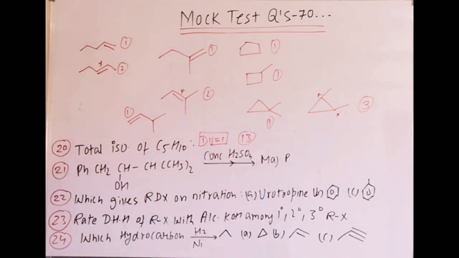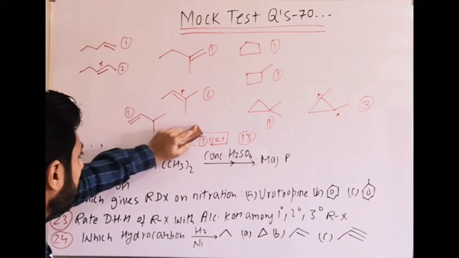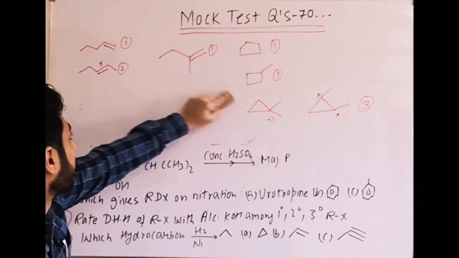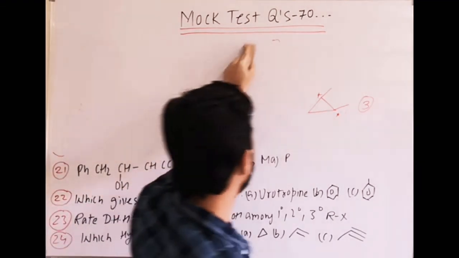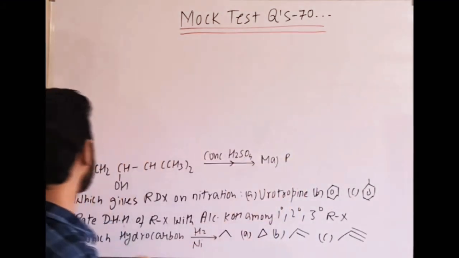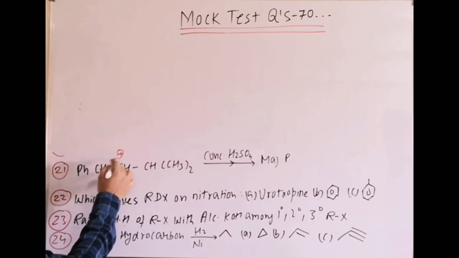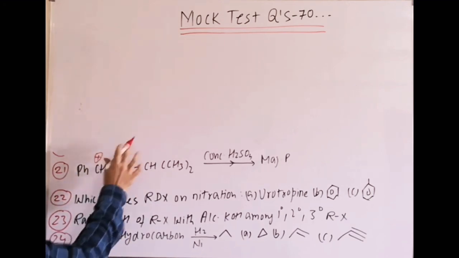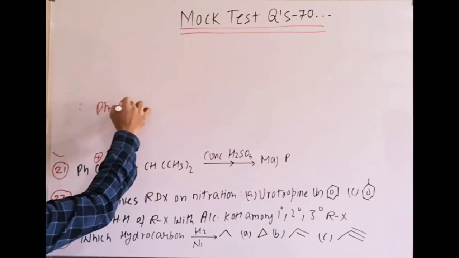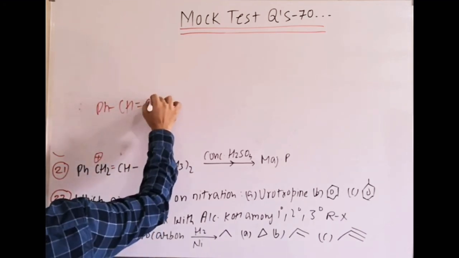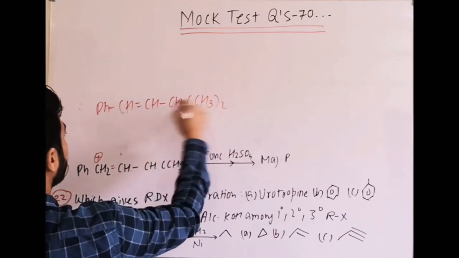Okay, the next question is alcohol given with conc. H2SO4 and heat. Find out the major product formed. So it is a standard reaction, which is normally dehydration of alcohol. When you do this reaction, a carbocation is formed, then rearrangement is possible. It will go here by hydride shift, and then finally the double bond should be there. So it should be PhCH=CH-CH(CH3)2.